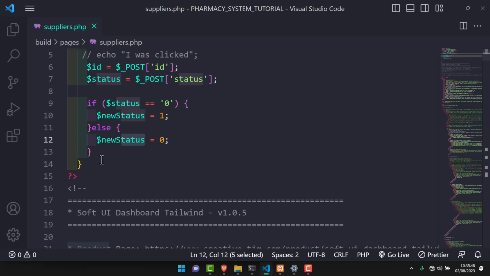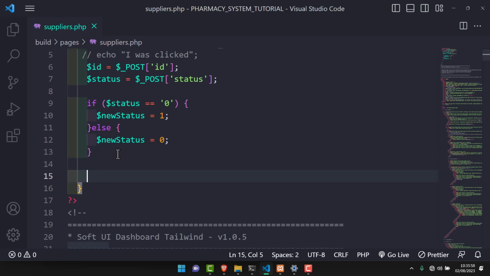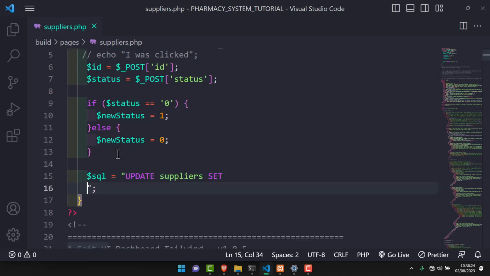Okay, so now that we have that working fine, I now need to insert that information into the database. So I'm going to create a variable called SQL, of course, which is going to have the update statement. So that is update, and we are updating the suppliers, and we are setting that to be equal to